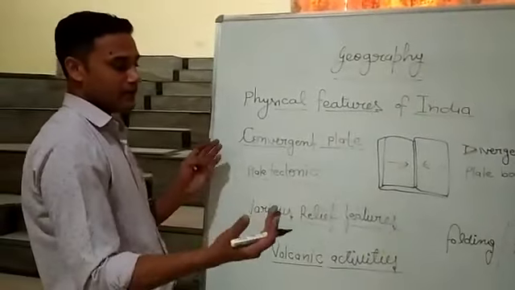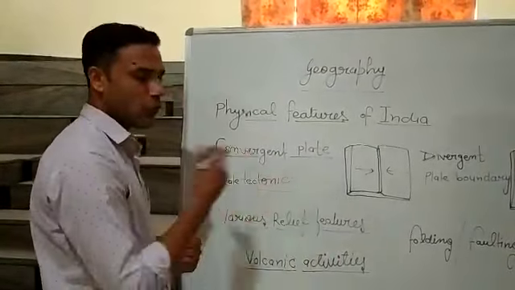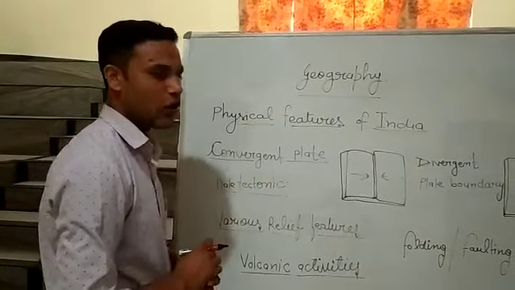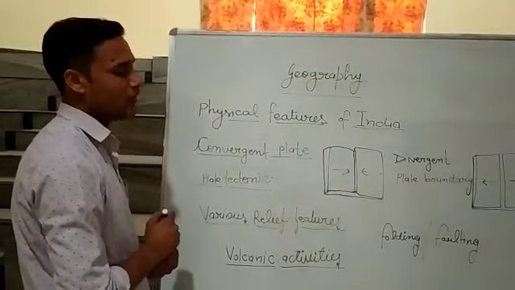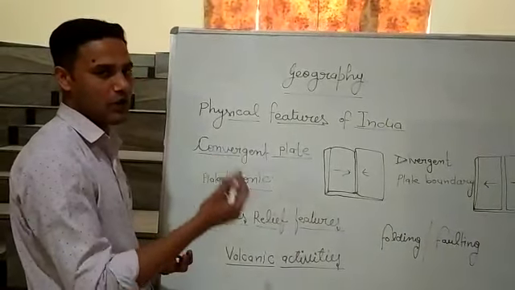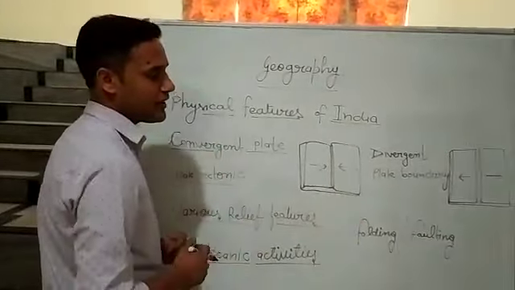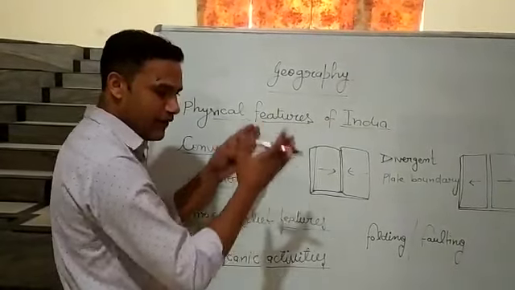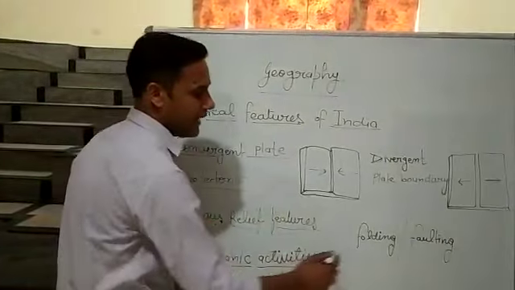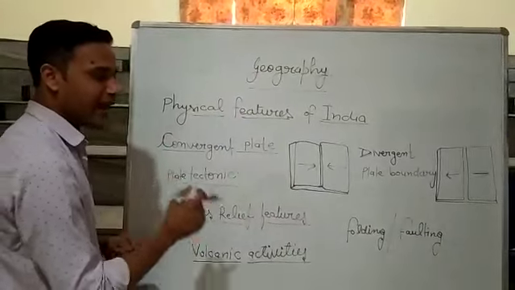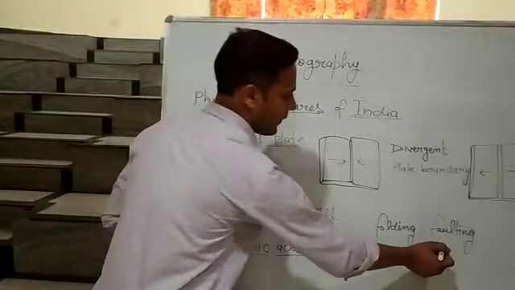When the rock, a big mass of rock, gets folded due to the different forces operating on the earth, that is known as folding. And due to folding, a number of features develop like plateaus, mountains and others. When the plates move away from each other and have a fault, they leave a rift or cracks, that is faulting. So when cracks develop between the plates due to the different forces, that is faulting.